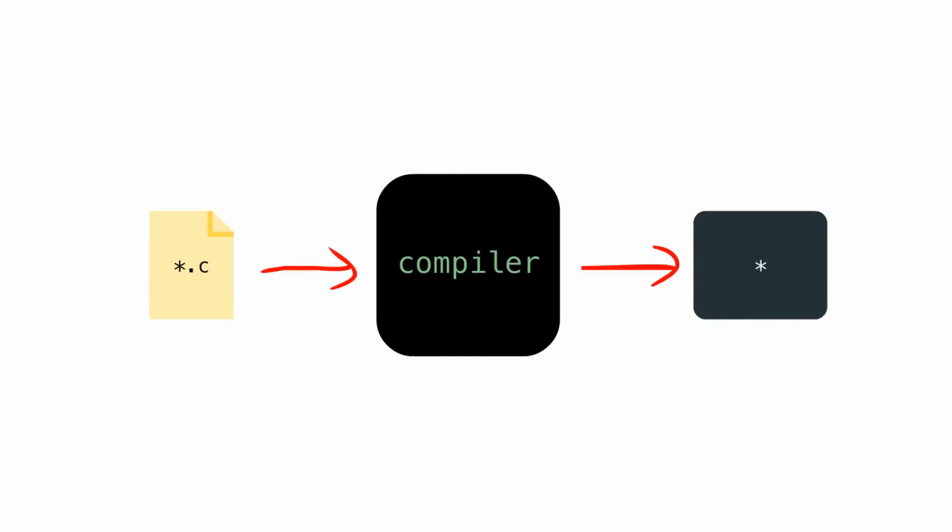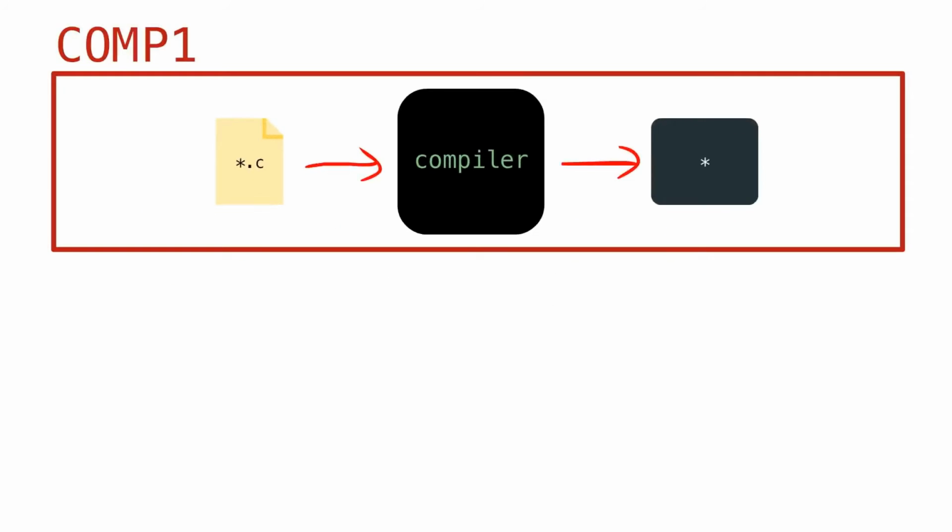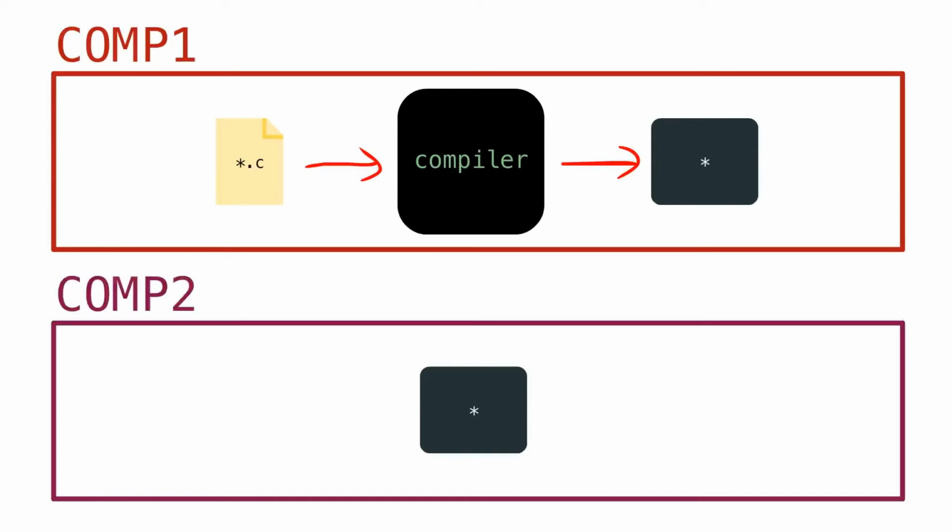But there's one problem. If you compile your program on one computer and then copy it over to another computer and try to run it, it might not work. If the new computer has a different operating system or has a different processor model, it probably uses different machine instructions. So, if you want your program to be able to run on this new computer, you better be able to compile to